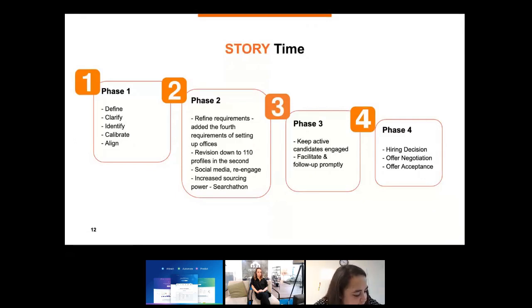And then in the third phase, we obviously supported our candidates in the interview process, especially when it's a senior role. We're used to schmoozing them, as I say, and ensuring that we're pushing for feedback on time from stakeholders to ensure a seamless hiring process. Because especially if they have a super long notice period, this adds to the time we're waiting for someone to contribute to the business. And then in the last phase, we make the hiring decision and would negotiate the offer.